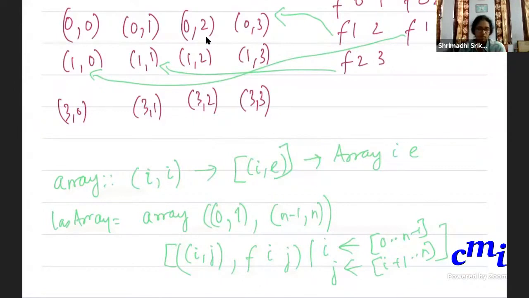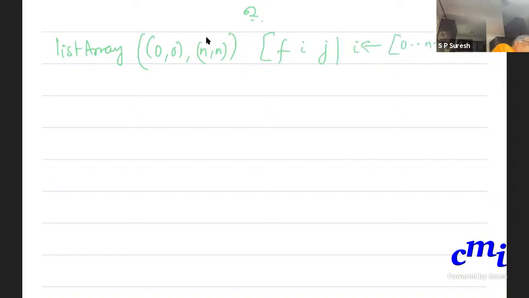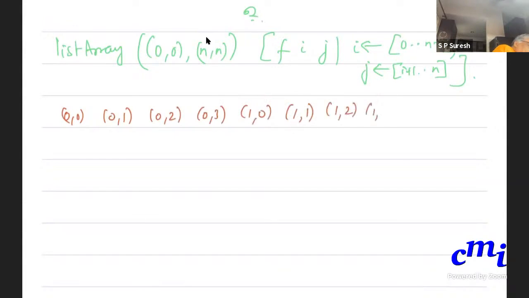Just in the same example, if you say listArray of (0,0) (n,n), then the index values are all 0 0, and so on, 2 0, etc. It will go on like that.